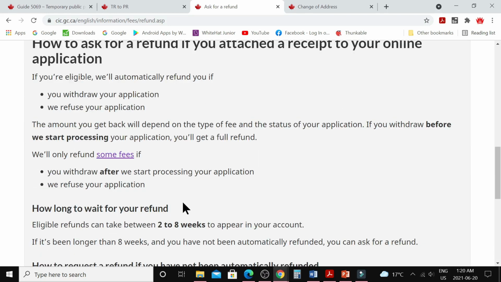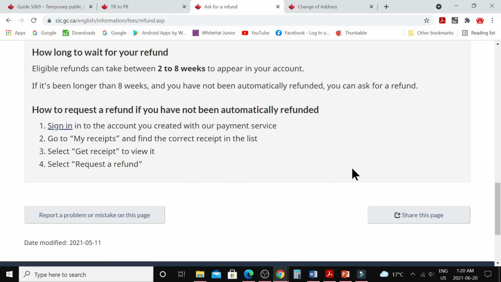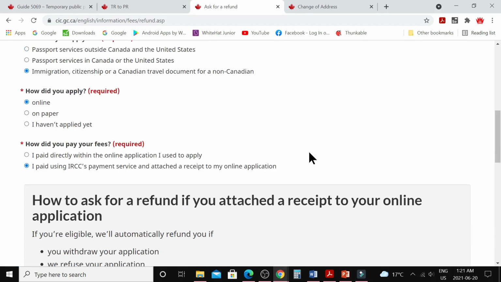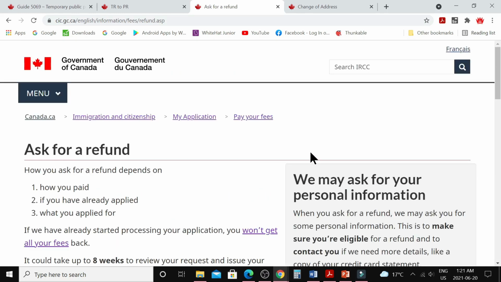Whichever method you choose, follow the instructions and you can make a refund request, or I can say you can withdraw your application. I recommend you only withdraw your application if you think there is any misrepresentation, because misrepresentation can bar you for 5 years. If you think your application is not complete and you withdraw it, your refund request can take a long time to review, and meanwhile if the IRCC officer finds that your application is incomplete, your application will be refused automatically. But still there is a chance, because it depends on the officer how he or she will